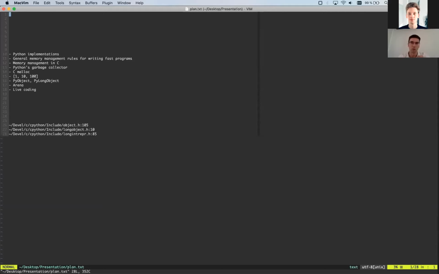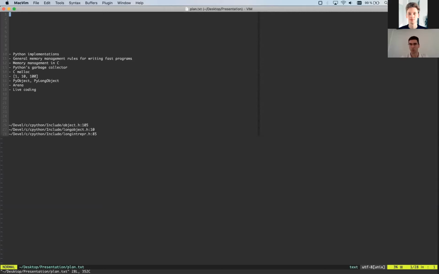So how does it store stuff into memory? Before that, a little bit about the talk. I'm not going to talk about GIL or multiprocessors. I'm going to talk about very small details, line by line details of memory management. So the biggest problem with Python is that it's really slow. So we're going to understand why from a memory perspective.